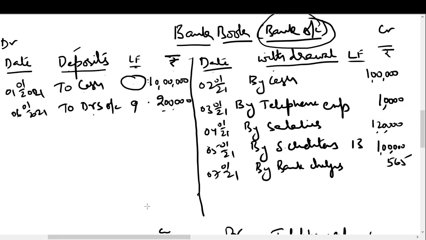Now we have to balance the bank account, as we showed earlier. The total of the debit side is 12 lakh. I feel this is higher. Now how much should be written on the credit side so that the total of both the debit side and credit side will become equal? Or what is the difference between the higher side and the lower side? That is what we have to write here.